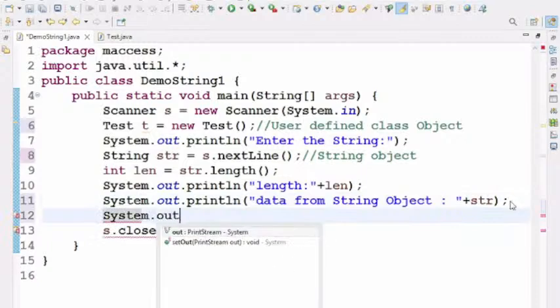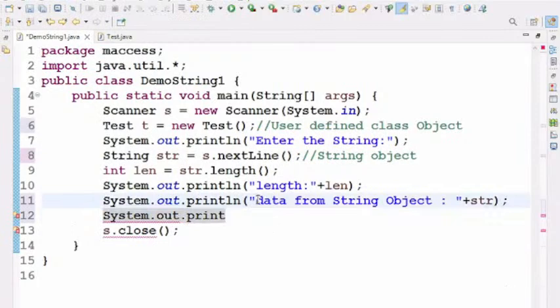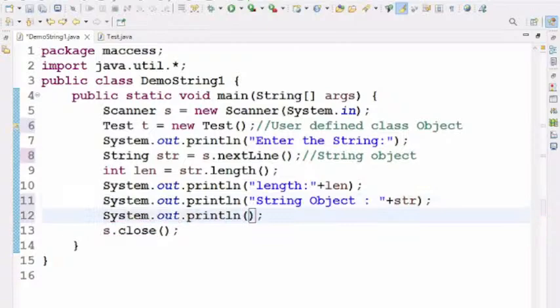Now System.out.println of t, not data, just the user defined class Test object I'm printing. Understood this? If I run the program,